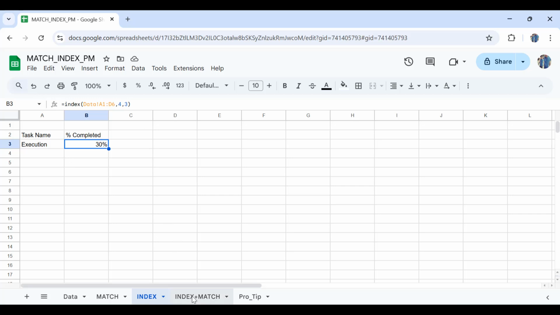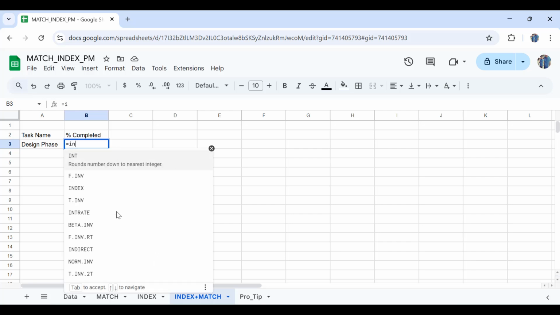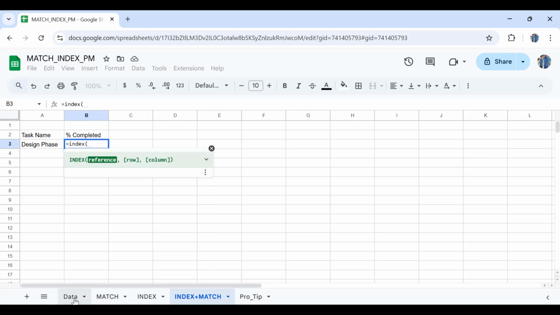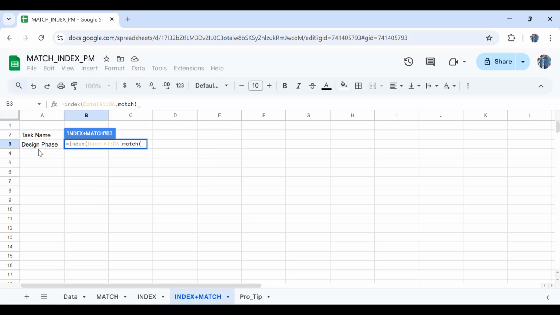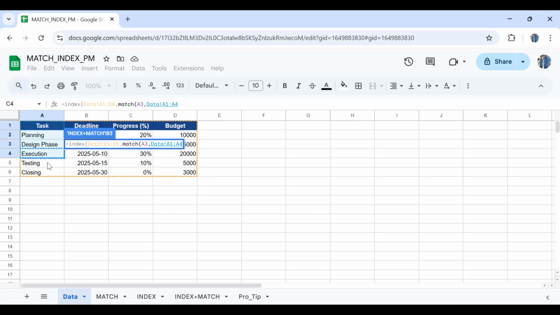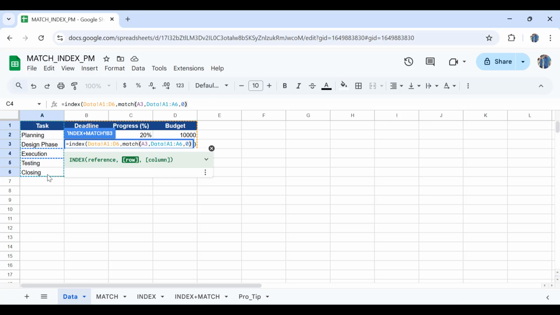If we want that to be dynamic, what we can do is we can use the combination of index and match function. So I'll write down =, then index, open parenthesis, and for the reference, what I will do is I'll select the whole table from here, then comma, and instead of row number, I'll write down match, open parenthesis. The search key in here will be the name of the task that we have in here, then comma. Where should Google Sheets search for the name? So basically from A1 up to A6, then write down comma again, and write down 0, close parenthesis,